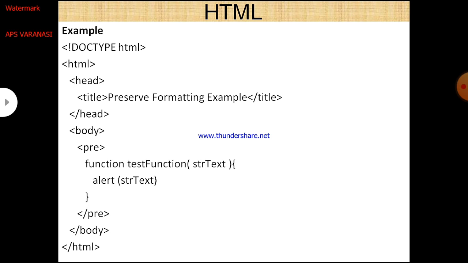And here within the PRE tag a function is declared, so we can easily see that two different lines are here, and here are some symbols, signs of parenthesis, the definition of the function. So it is printed as it is, as given within the preserve tag. So the main use of the preserve tag is to print the data as it is, as you give it in the HTML